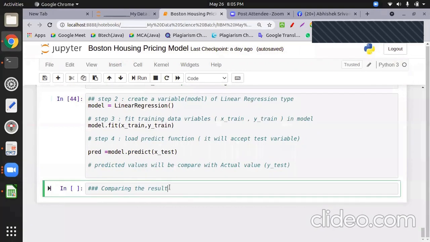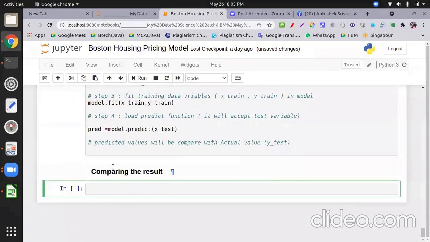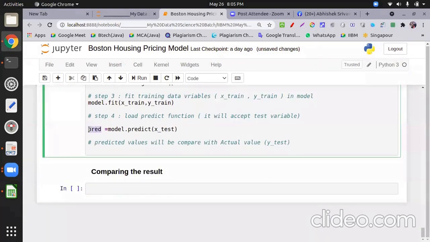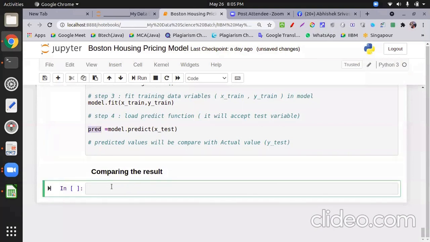For the comparison result, we got the predicted data, but you cannot judge it until you have the actual value. So what I do, I will store the independent variable plus the actual value plus the predicted value.